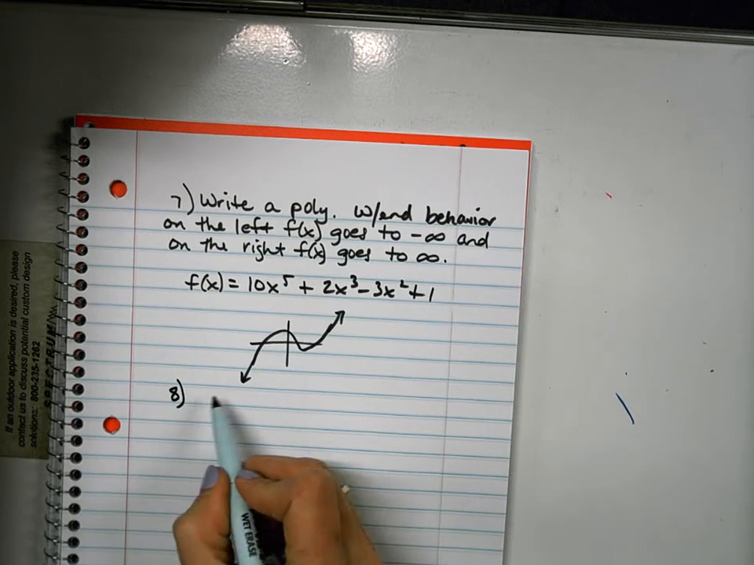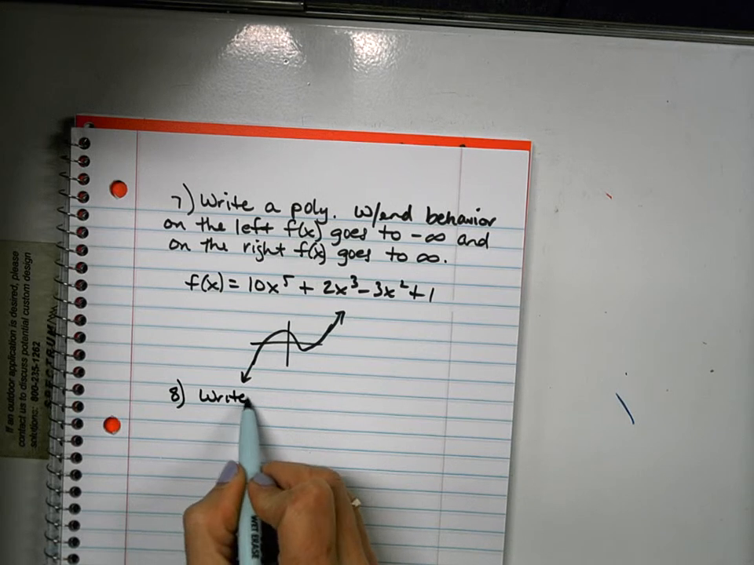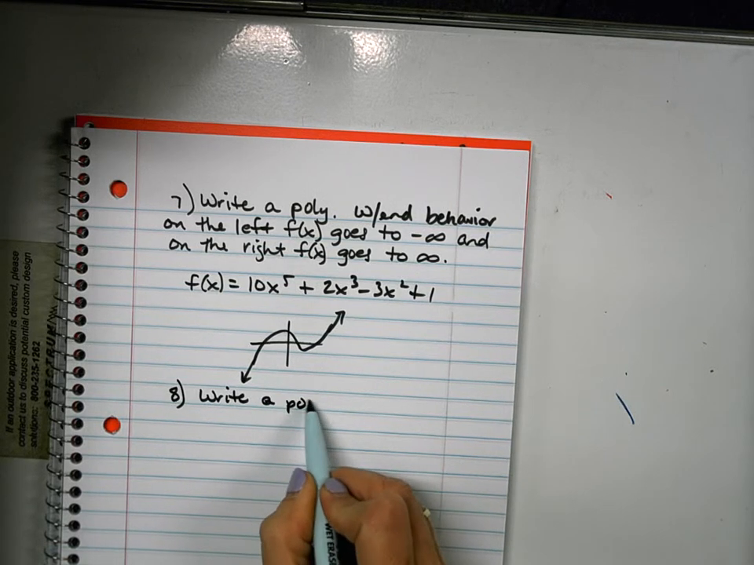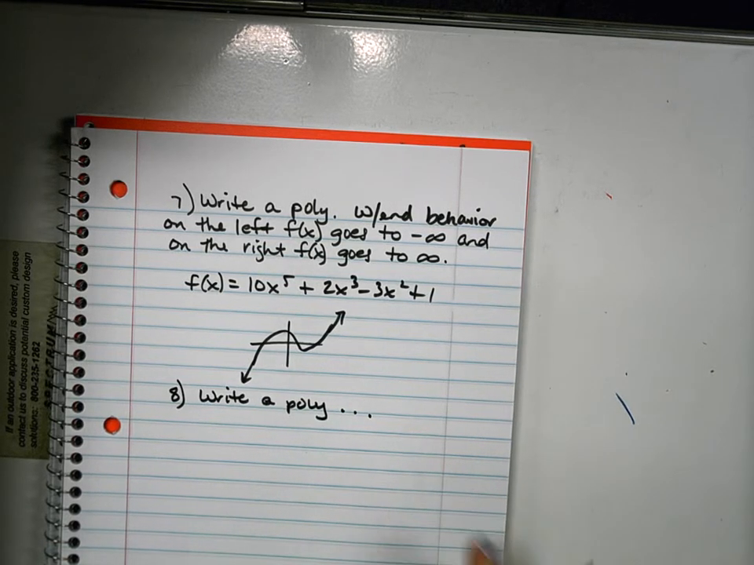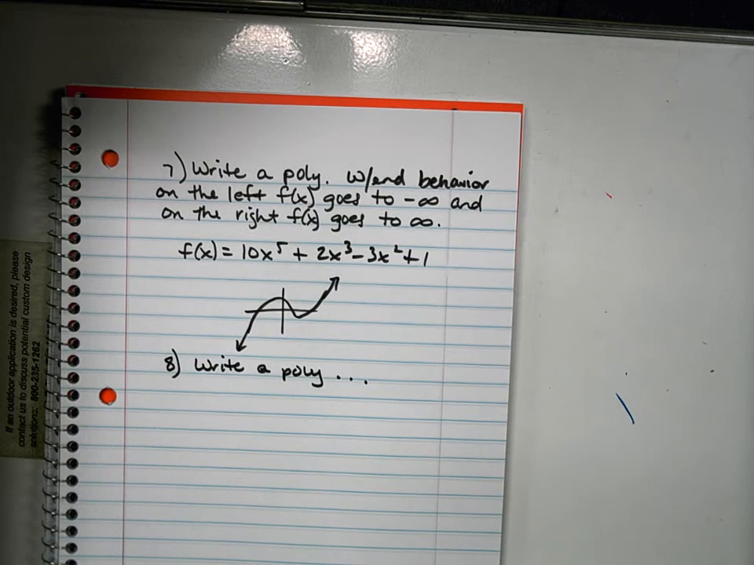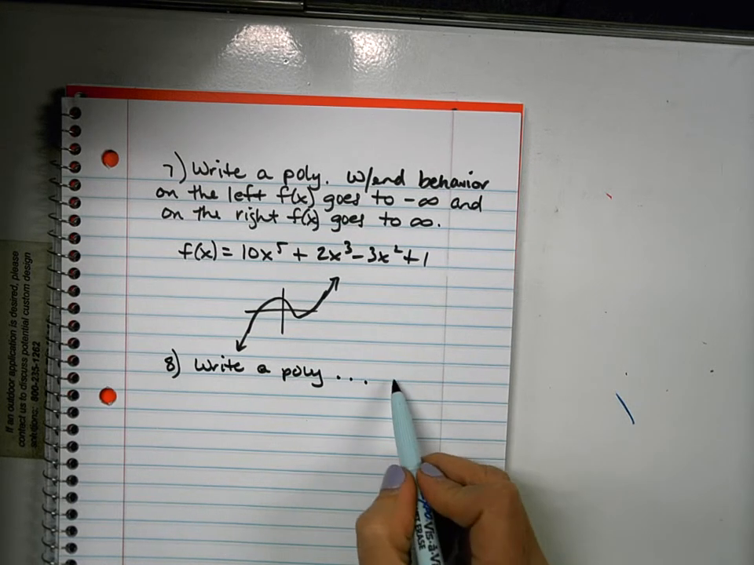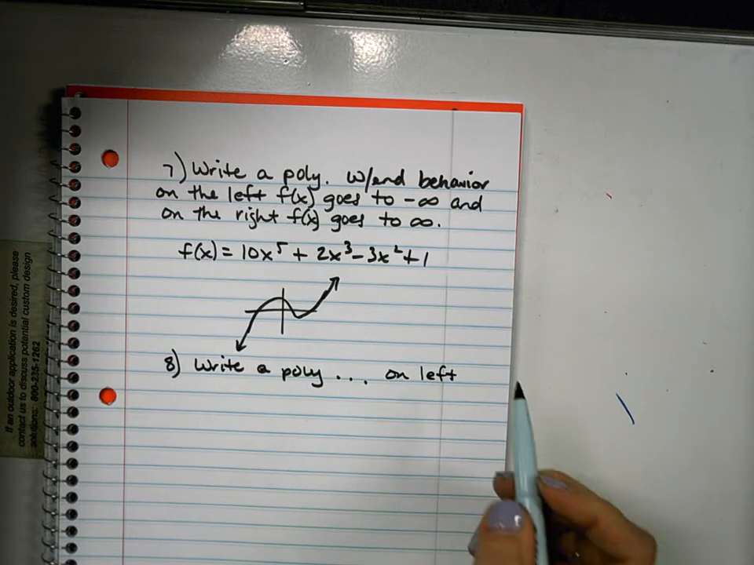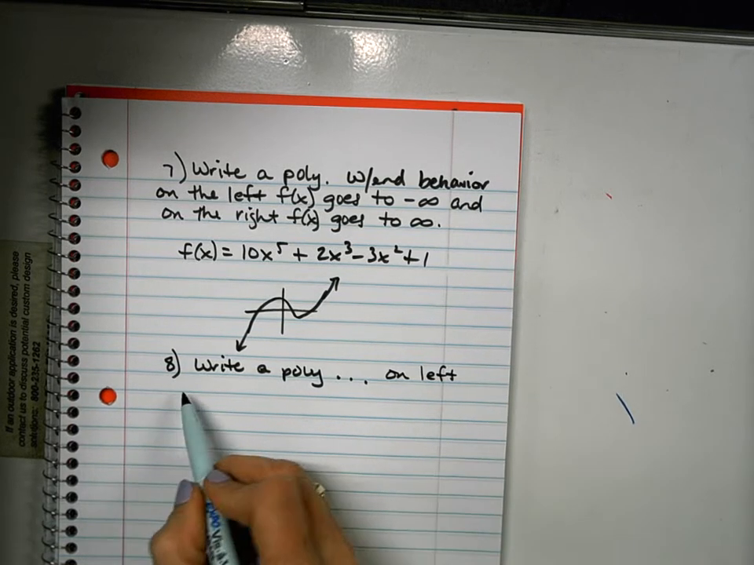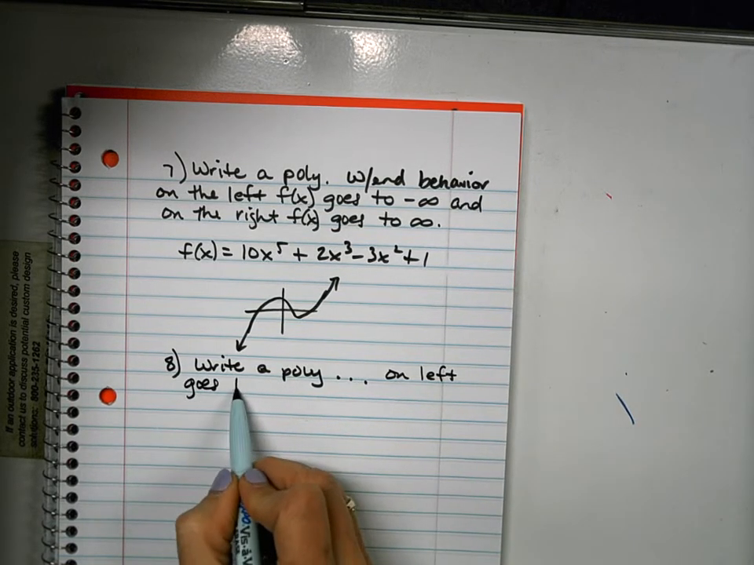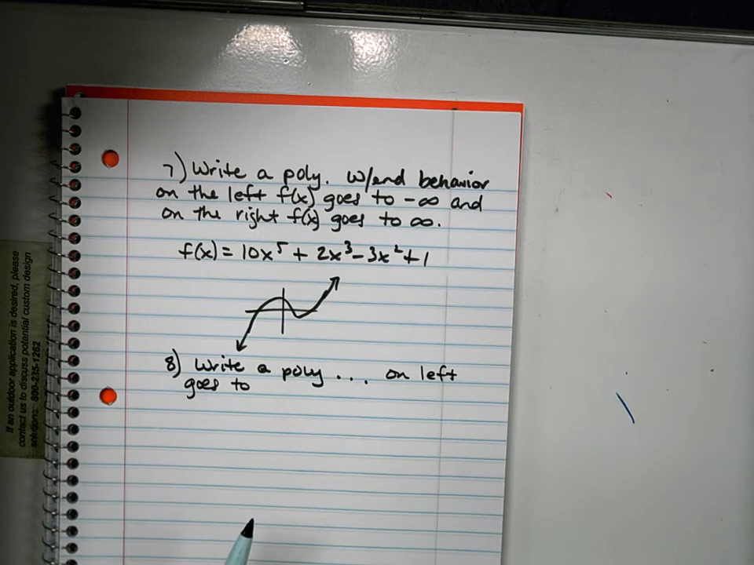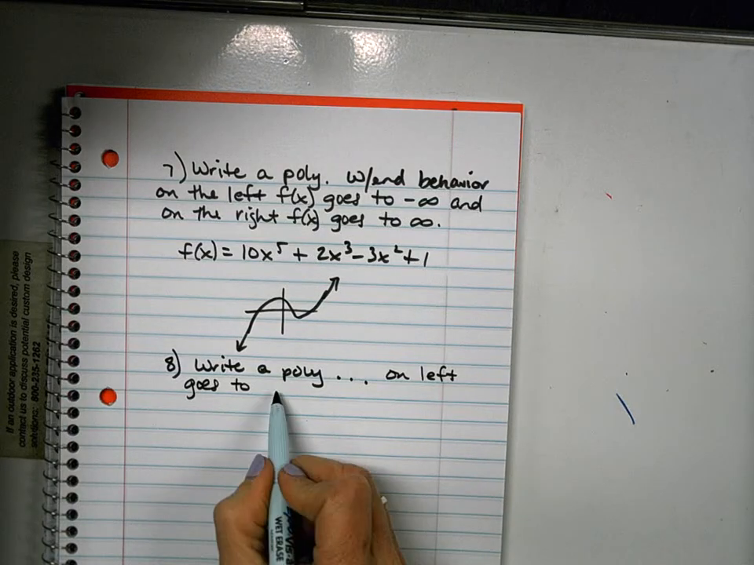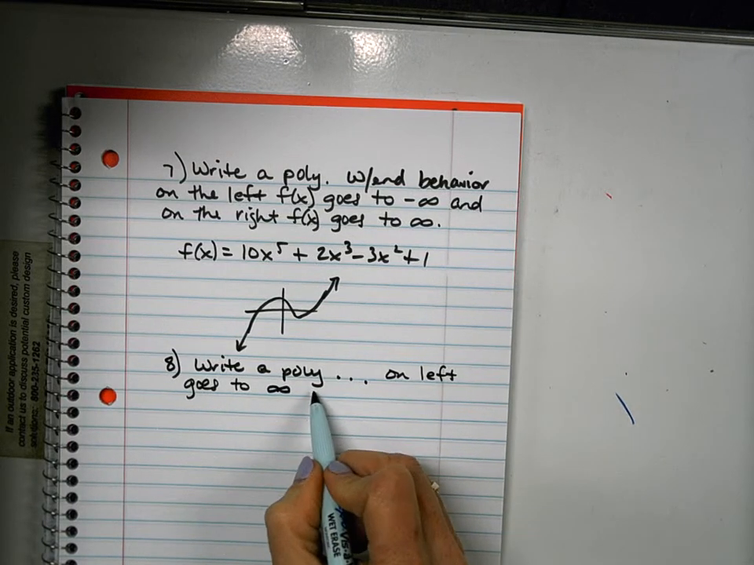Okay? So number 8, we're going to abbreviate here. So again, we're going to write a poly. Can you just go dot, dot, dot? So it's going to be write a polynomial with end behavior on the left. Let's say goes to, Melanie, we're just making this up. Do you want it to go to positive infinity or negative infinity? Positive. Okay, so on the left it goes to positive infinity, and on the right,